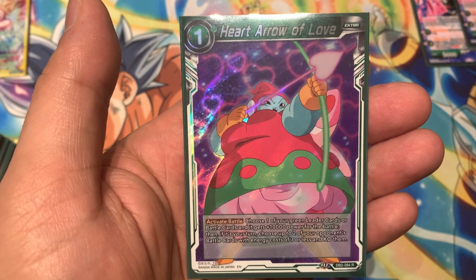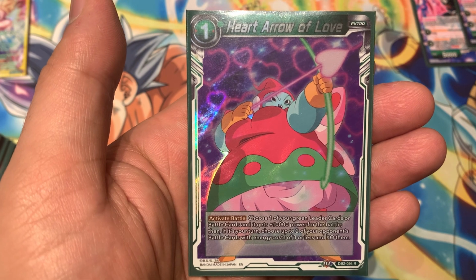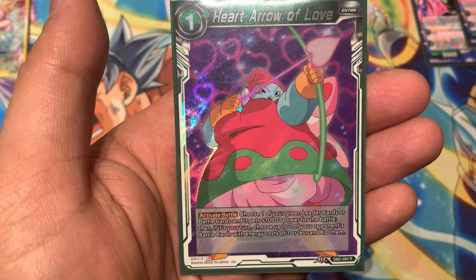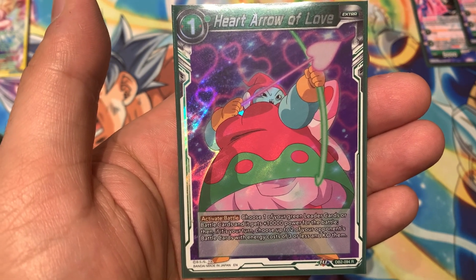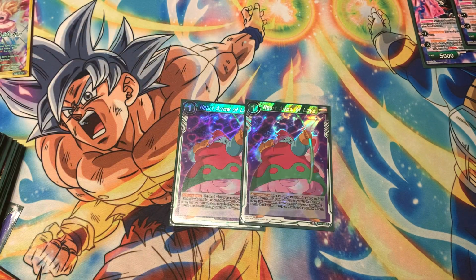You get to choose one of your green leader cards or battle cards, and it gets 10k power for the duration of the battle. But if it's your turn, you get to choose up to 2 of your opponent's battle cards with energy cost of 3 or less and KO them. So, let's say your opponent is playing Black Mass Saiyan on you, then you just play this card on your turn. You pop the Black Mass Saiyan, or you pop anything that would counter this deck, that would hurt this deck. That is problematic, and it's just